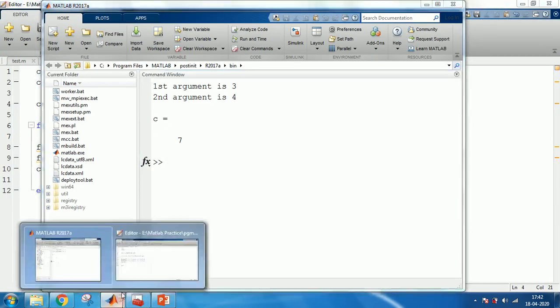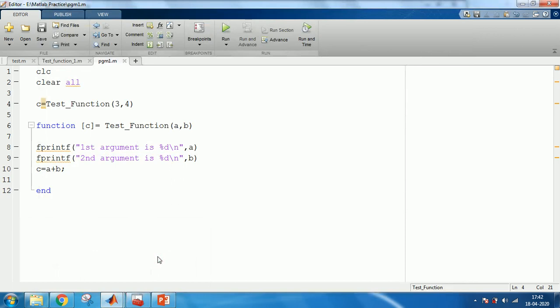Now the next thing is, what if you have multiple output arguments? Very simple. Let us say that you have another output variable which you want to return: d is equal to a minus b. So there are two output variables you wish to return.